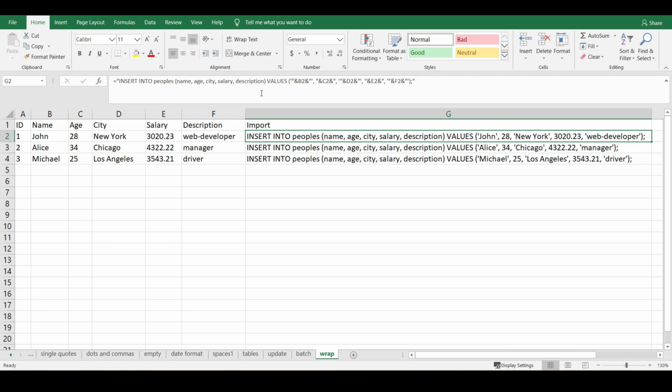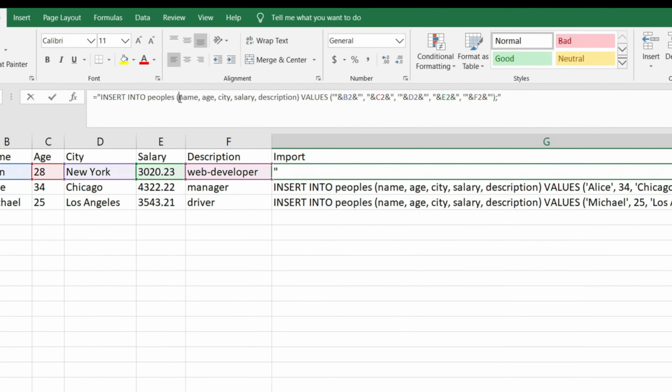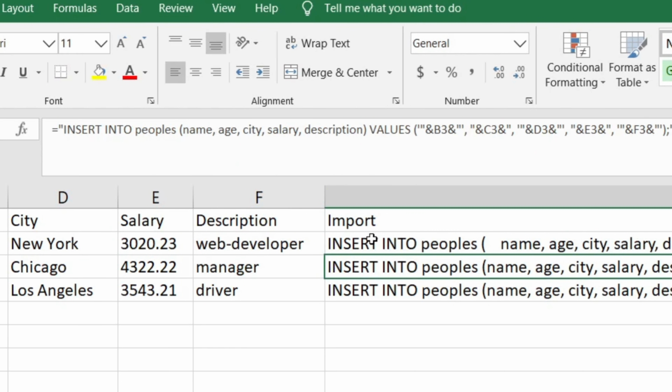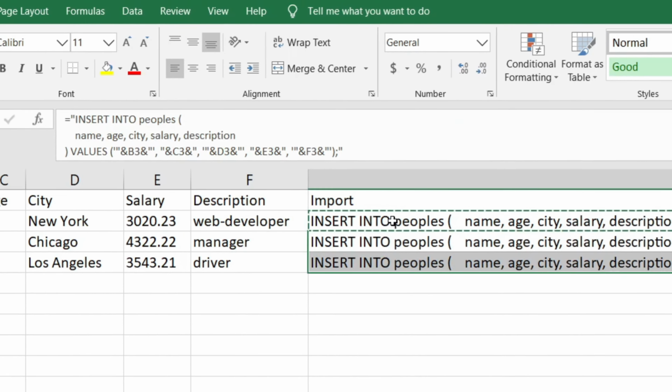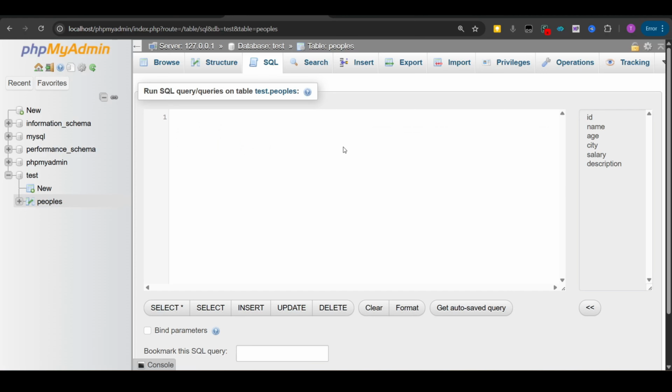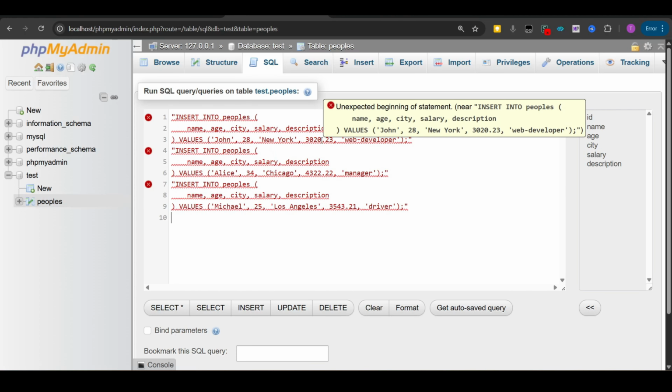Word wrapping quotes. If you apply all of the above tips, you will probably notice that the formula has become very large and hard to read. The good news is that we can format the formula by breaking it into multiple rows. The bad news is that when we copy the resulting query from an Excel cell that contains line breaks, the query is often enclosed in double quotes around the edges, which causes it to be treated as a string and